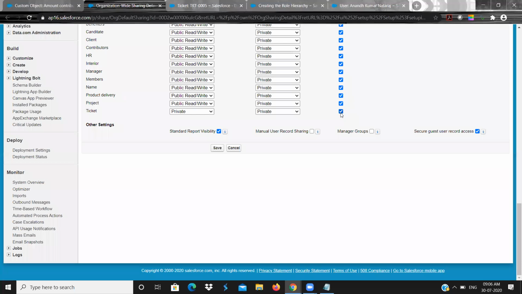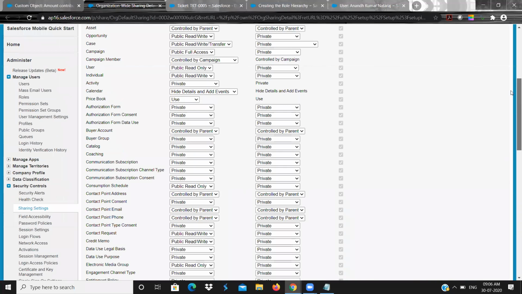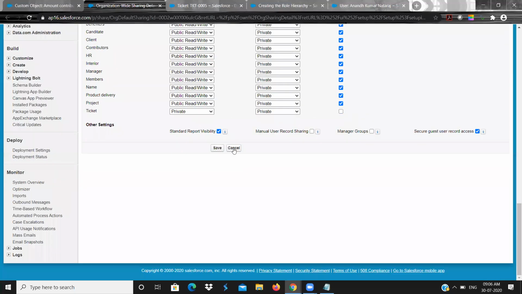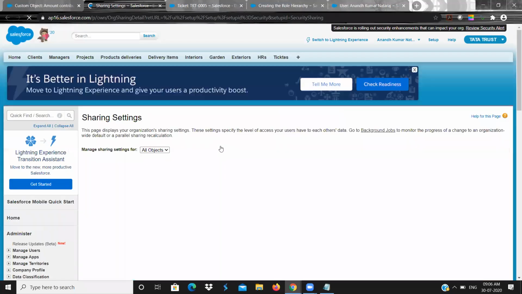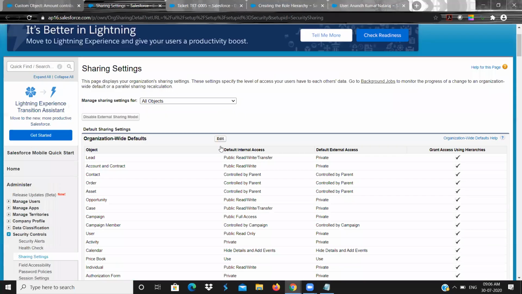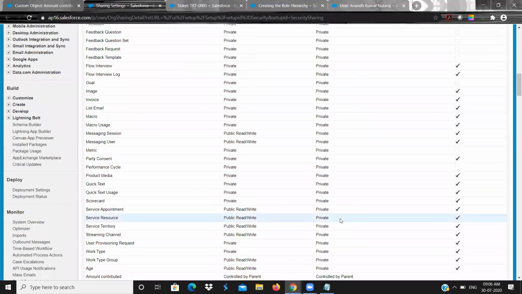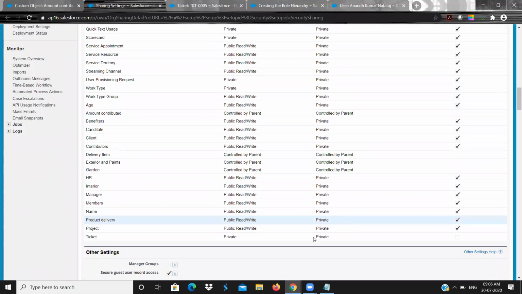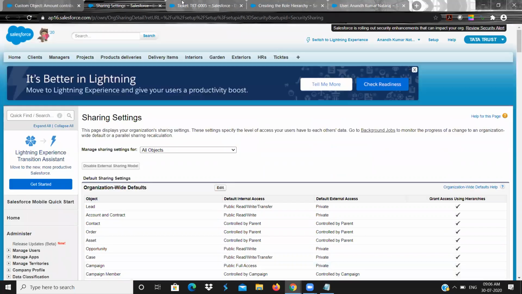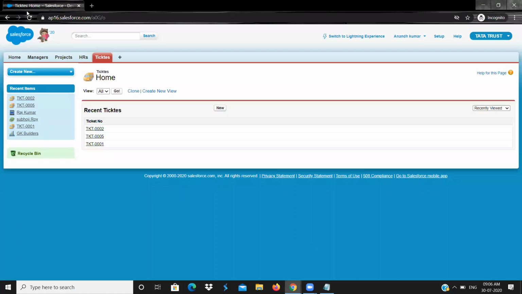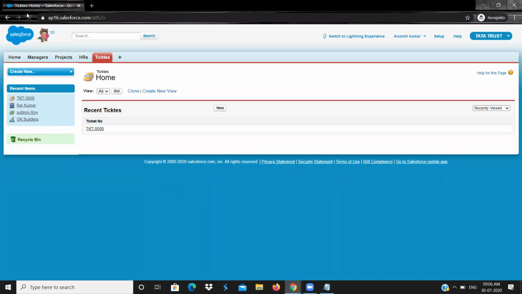And if you uncheck this checkbox, grant using hierarchy, and save the record, okay, I unchecked this checkbox and I have saved it. Now go to this normal person and refresh and click on go.